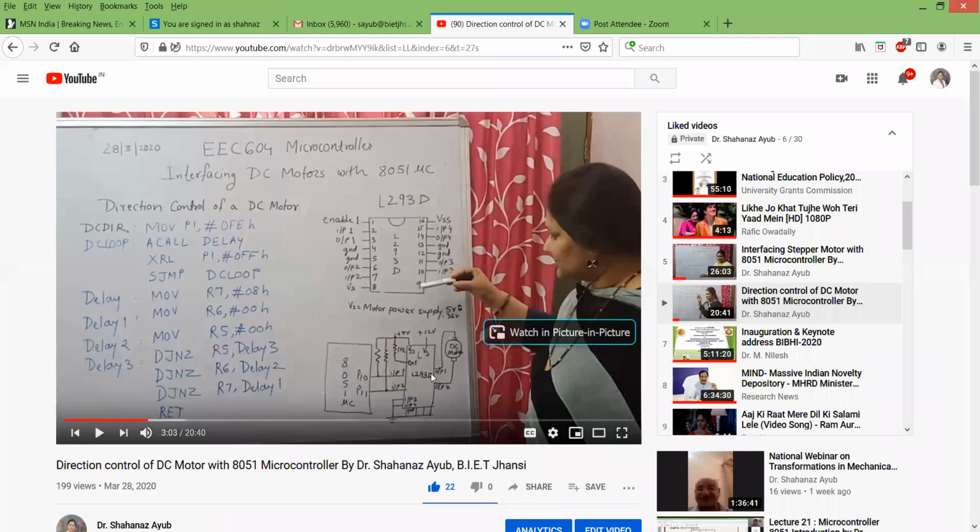But the thing is that either of the pins should be 1 and the other pin should be 0. And in the current situation with FE, this is 0 and this is 1. So what you will do, you will call delay. Delay means you will put this status for some time on the pin so that this particular pin gets 0 for some time and this particular pin gets 1 for some time.